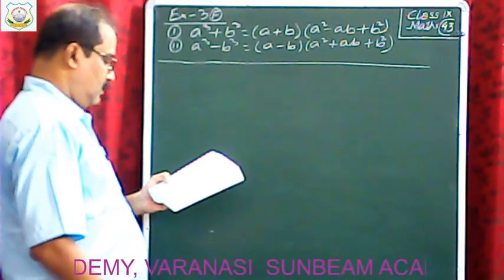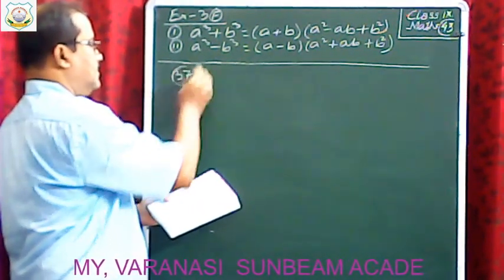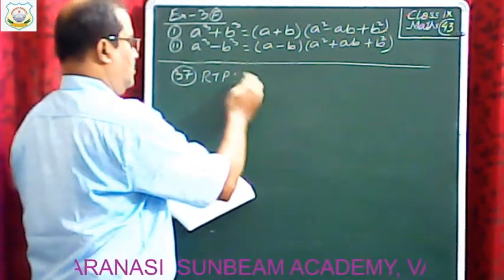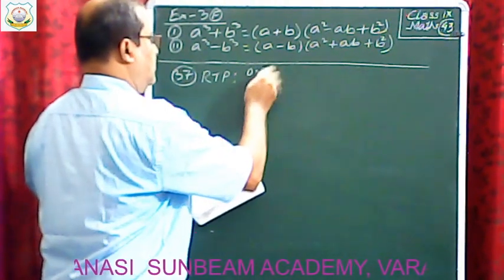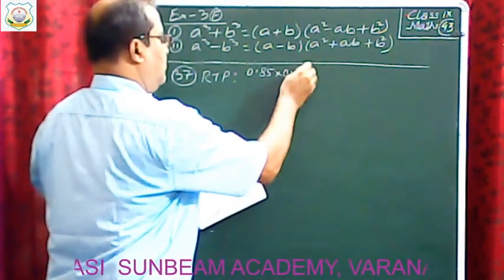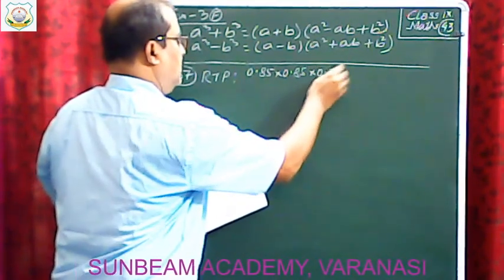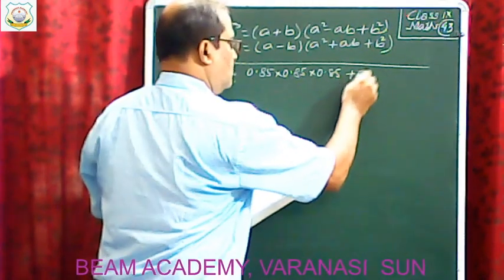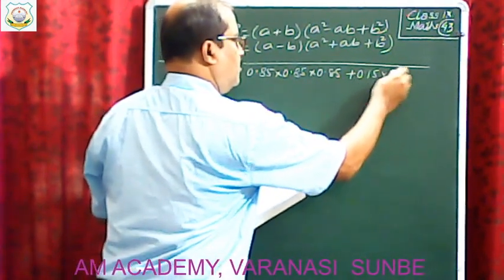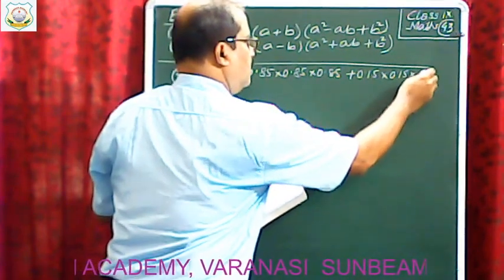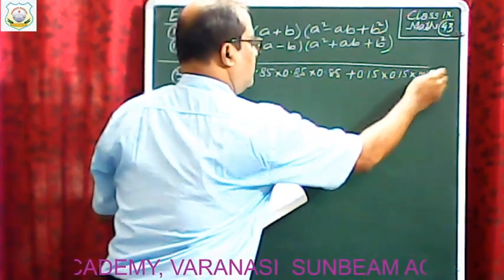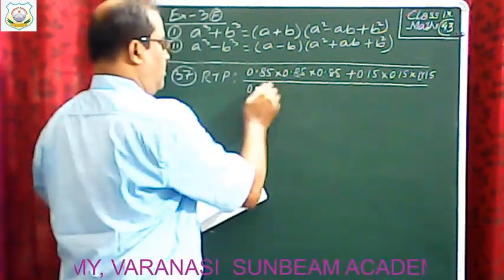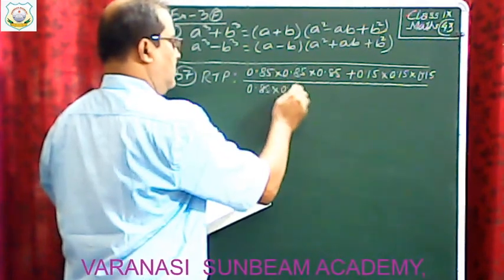Thereafter, 37. Prove that. Required to prove: 0.85 into 0.85 into 0.85 plus 0.15 into 0.15 into 0.15, whole upon 0.85 into 0.85